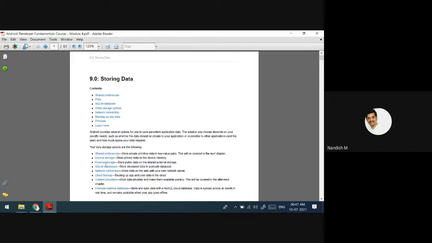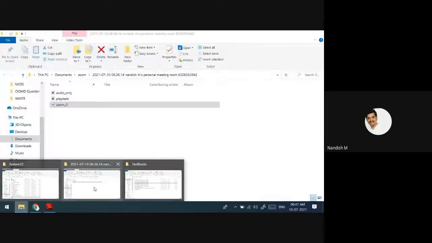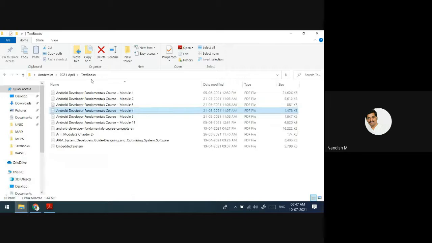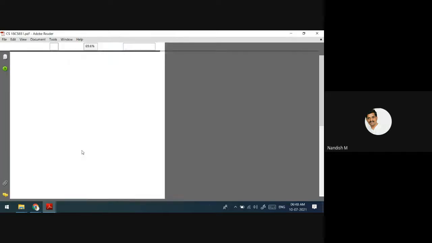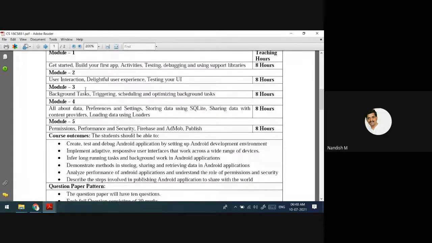We have covered four modules in the previous classes. If you open the syllabus and check what we have discussed till now, these are the things: creating and building a simple app, how to debug, how to create an interface, the different types of views, and different types of background tasks.